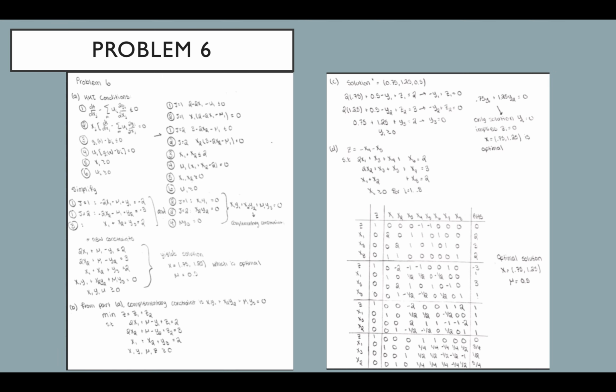We move on to problem 6. So in question 6, we are asked to maximize the following convex programming problem. F of x is equal to 2x1 plus 3x2 minus x1 squared minus x2 squared, subject to x1 plus x2 is less than or equal to 2, and the standard non-negativity constraints that we have seen throughout the course. So part 1,